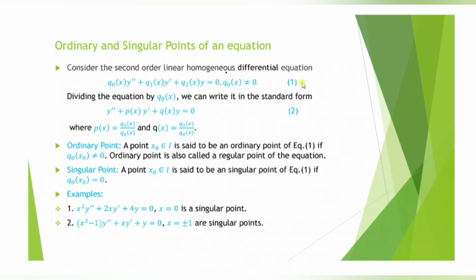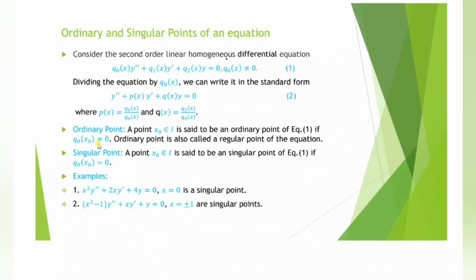We can write this equation in standard form by dividing q0 of x from this equation 1. We will get y double prime plus p of x y prime plus q of x y equal to 0, where p of x is q1 of x upon q0 of x and q of x is q2 of x upon q0 of x. At a point x0, if q0 of x0 is not equal to 0, then x0 is called